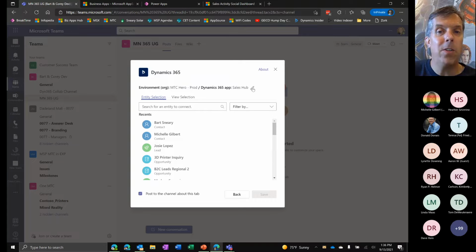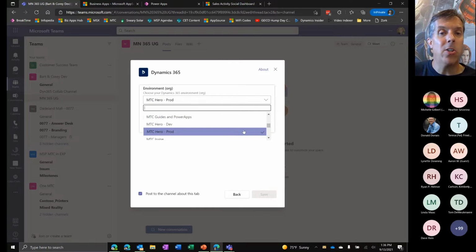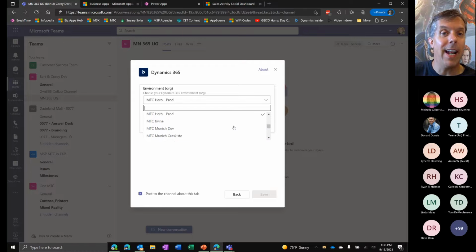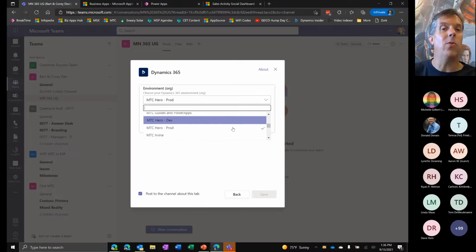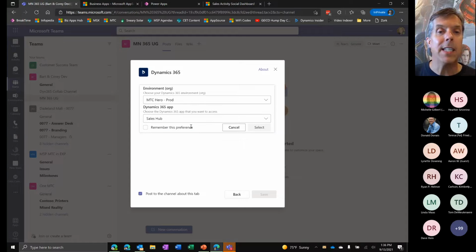And I'm just going to pop out first to show you what that looks like. So in my overall tenant up here, this is going to show me all of the various Dynamics instances that I have available in my tenant. And I happen to have a tenant that has quite a few of these, so I could have picked any of the actual Dynamics instances where we're collaborating around customers as the instance that I want to surface data from.